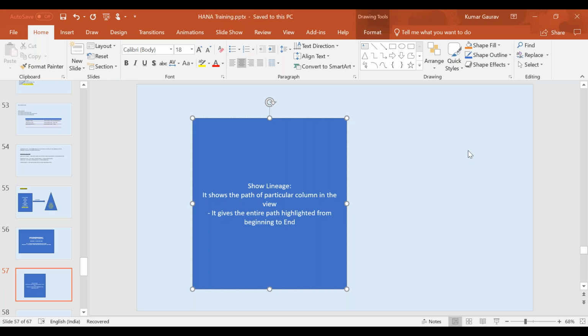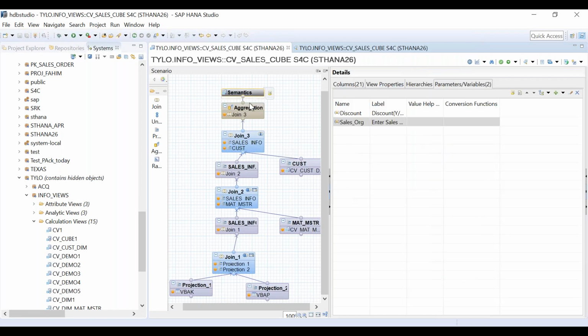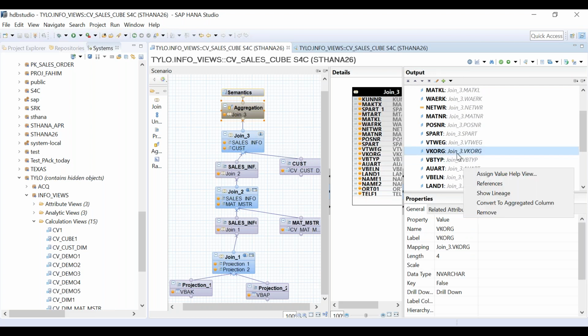So what exactly it does is, if you go to your HANA Studio, which field I am interested in. So go to your aggregation, the last node of your calculation view, just click it. Go in the output panel. We are interested in the VQRG part, right? Right click and click on show lineage.